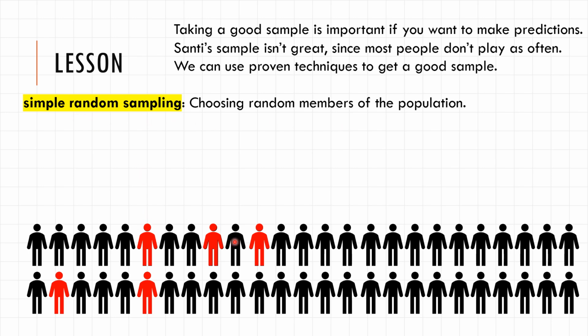But there is a chance, it's a low chance, but there's a chance that you could pick the first 5 just by coincidence. So simple random sampling is a good way to start, but it's not a good way to make sure that your sample is fair. To do that, we might need a little bit more advanced sampling, like